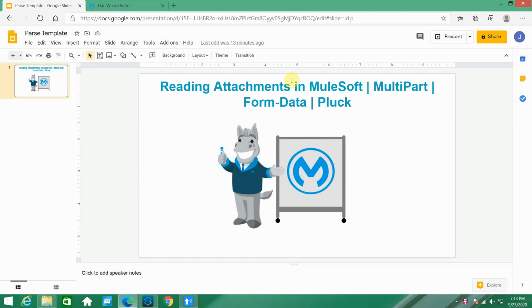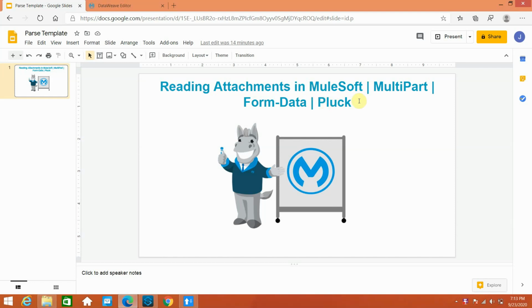Before we get into that, we will also learn about the pluck operator in DataWeave. That is very important because we are going to use this operator while reading the attachment. So before we move into reading the attachment part, first we try to understand the pluck operator.